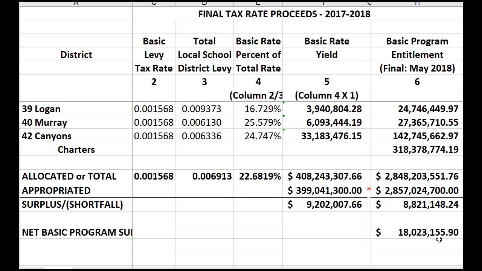The total surplus for fiscal year 18 is $18,023,156. This is due to property taxes generating more revenues than estimated and the over projections of students for fiscal year 18. This is good news, as the legislature swept $12.5 million from balances in the minimum school program during the 2018 session and appropriated from possible balances in the minimum school program another $5 million for the planning and